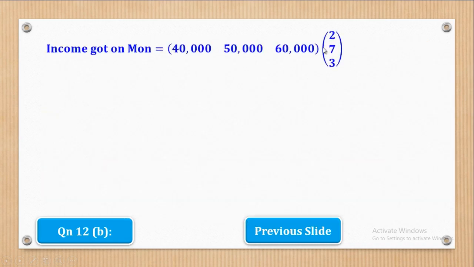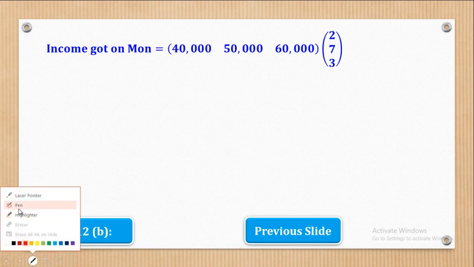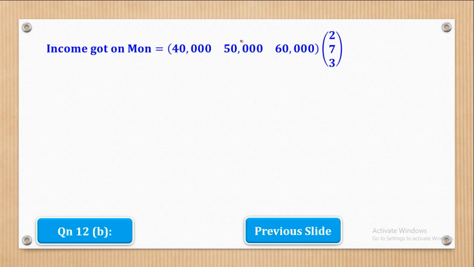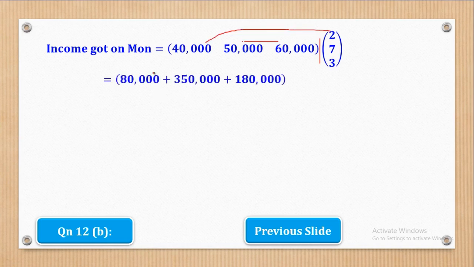Monday will be this multiplied by that. So this times this, let's see how multiplication is done. So remember, we multiply row by column. Therefore this 40 will multiply by 2 to come up with 80. Then this 50 will multiply by 7 to come up with 350,000. And this 60,000 will multiply by 3 to come up with